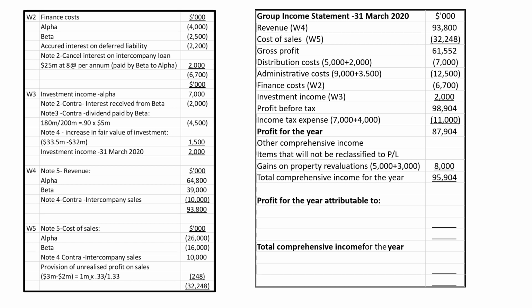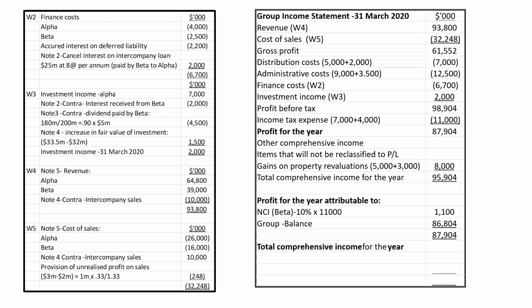Now, in working out the profit for the year attributable to, we have recognized that we have got a minority interest, and that minority interest is 10%. And all we do is to take Beta's profit for the year, which is 11 million, take 10% of that, and that gives us 1.1 million. The balancing figure from the 87.904, which is the profit for the year, belongs to the group, which is